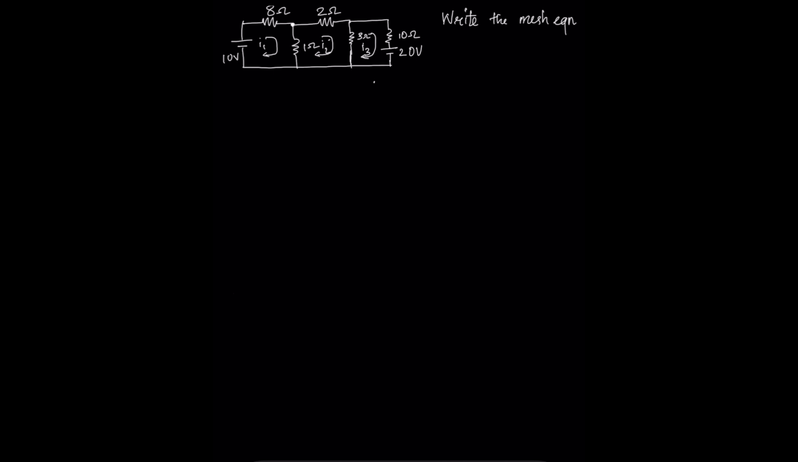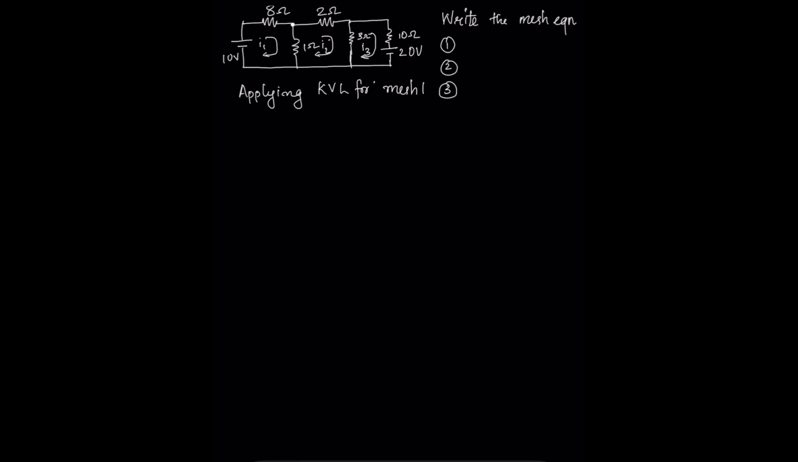And the third step is to write the mesh equation. So we identified the meshes, step 1. Then we assign the loop current. Then the third one is to write the mesh equation. So applying KVL for mesh 1,